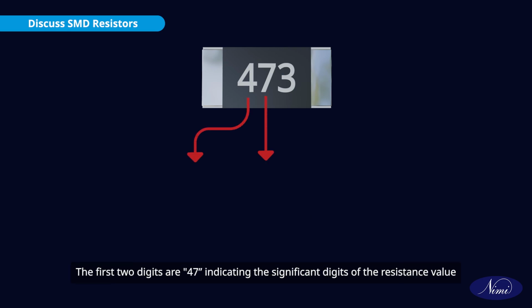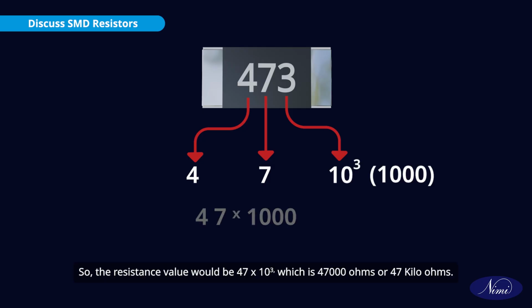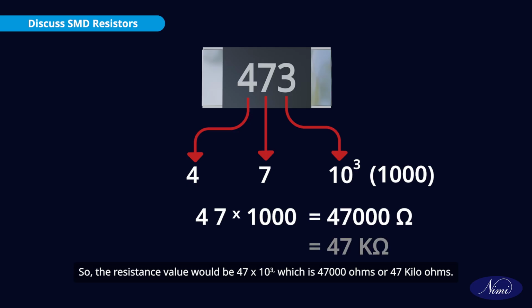The first 2 digits are 47, indicating the significant digits of the resistance value. The third digit 3 represents the multiplier. In this case, it stands for 10 to the power of 3 or 1000. So the resistance value would be 47 into 10 to the power of 3, which is 47,000 ohms or 47